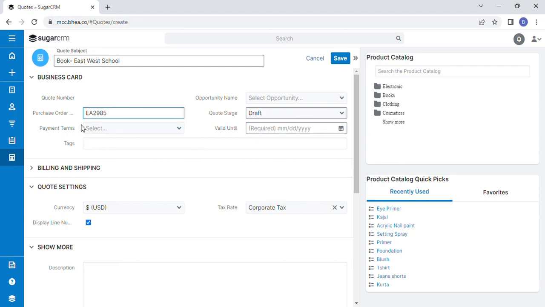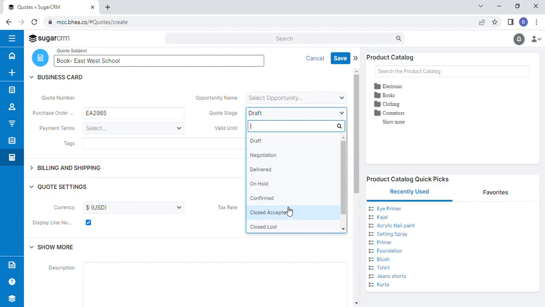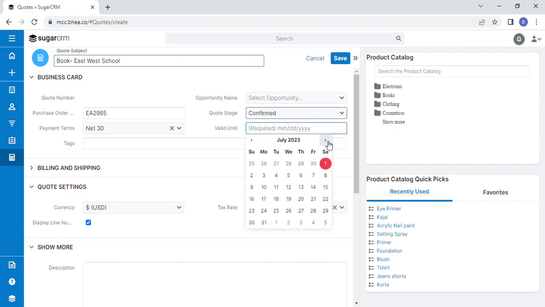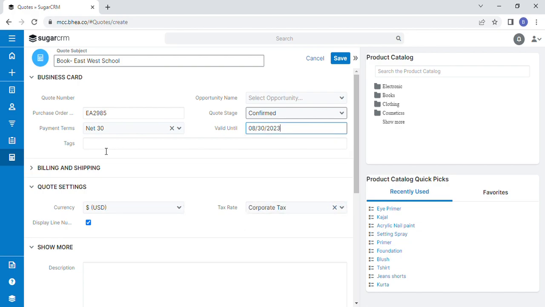This will be a purchase order number for this code, and code states, let me give it as confirmed, and payment terms, let me select net 30, and we have valid until, which says till when this code will be valid. Let me give it as August 30, and we have tax year. Let me name it as education,